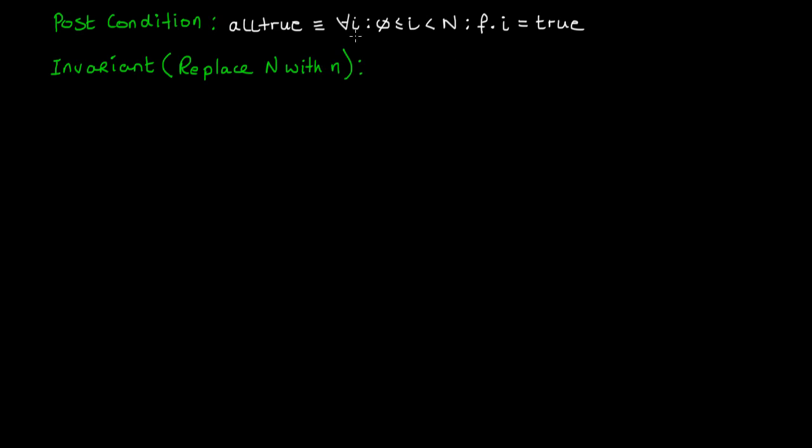So this is quite easy really. All we're going to do is rewrite our post condition, and wherever there's a capital N, just replace it with small n. Now this will give us in fact two parts, which we'll have a look at in a second. I'll write it all out first and then explain what's going on. So our invariant then becomes